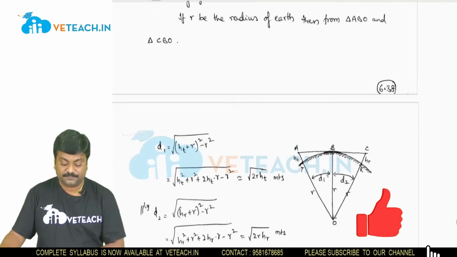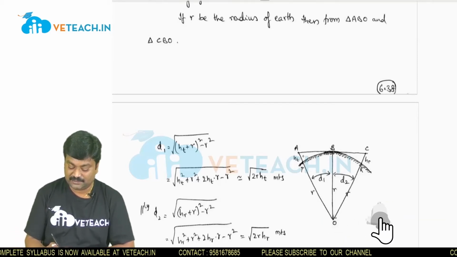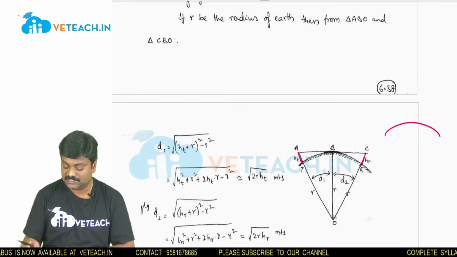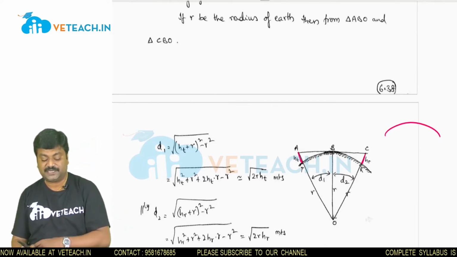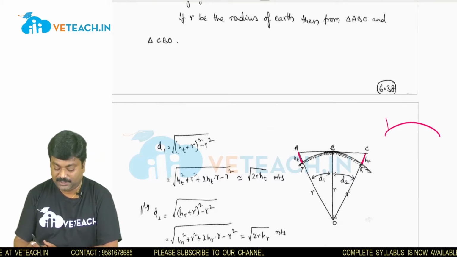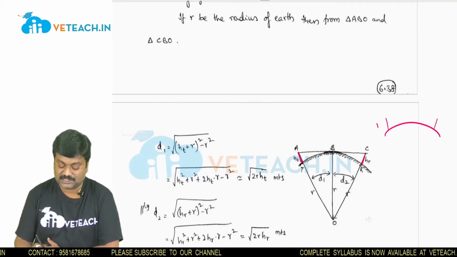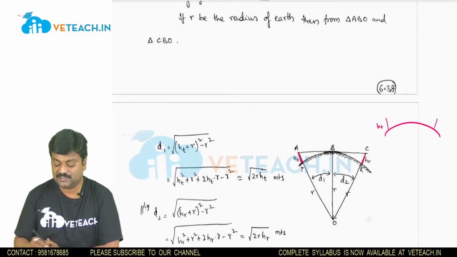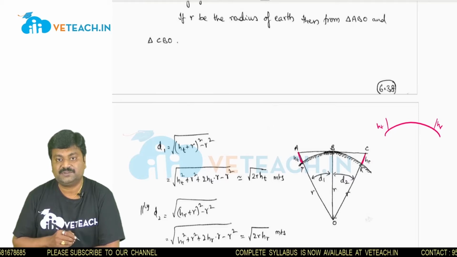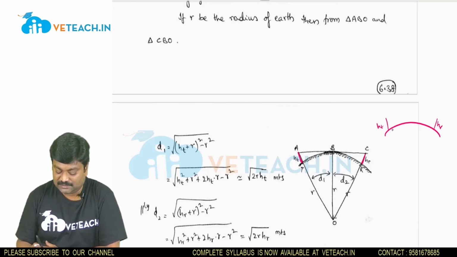plus d2. Here I have taken two antennas. Let me draw this diagram for you once again for better understanding. A curvature structure has been taken in which I have taken two antennas. One is the transmitter antenna having a height ht, and the other one is the receiving antenna having a height hr,